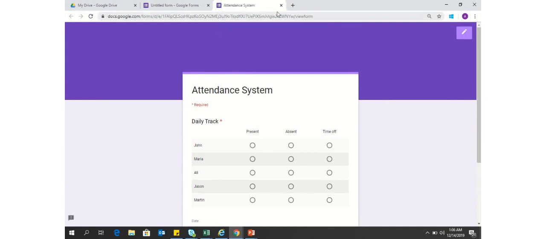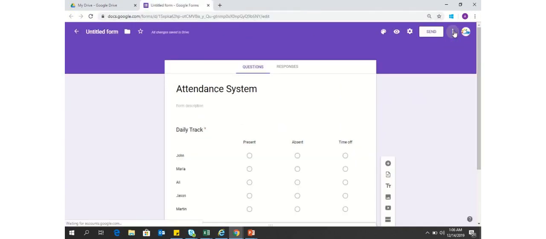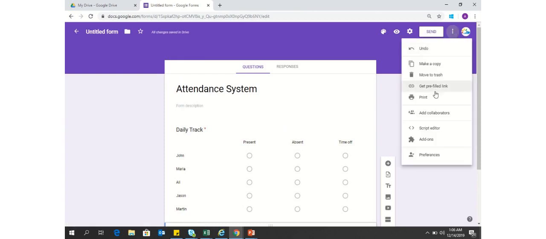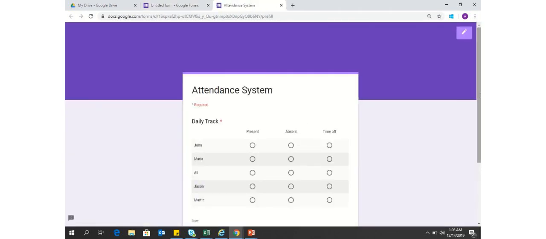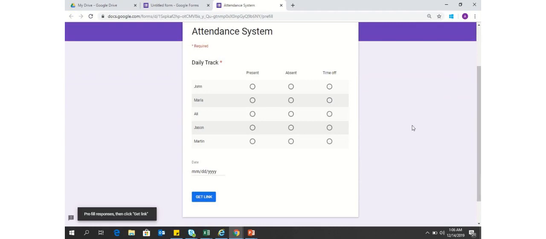Now what you can add here is you can click here on these 3 dots on your right hand side, and you can get a pre-fill link. See, the most probability within this form is this form is just for 5 individuals. For example, if you have 20 individuals, it becomes hard to fill out this form each day. So the smarter way to do it, you can actually get this pre-fill link. Pre-fill link means that what kind of form or what state of form you'll see when you click on this link. So for example, this is for a lesser amount of team, just 5 members, and if you're managing 50